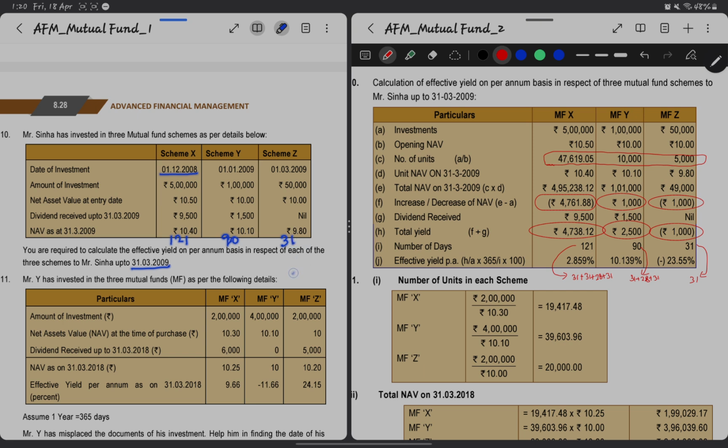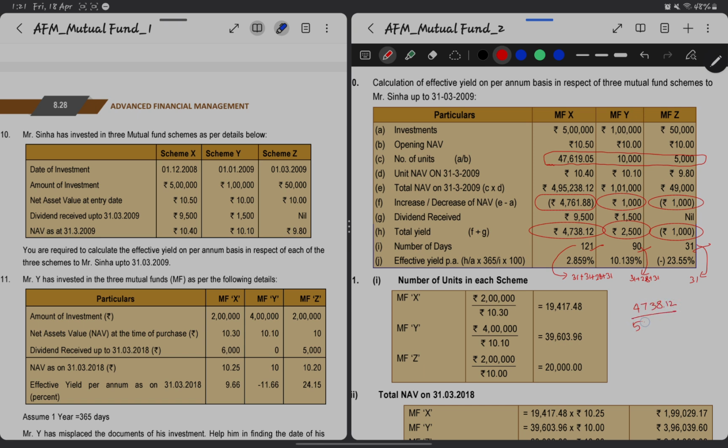So as we can see here, the period of investment changes. So the yield which we found out is for these respective days: 121, 90 and 31. Hence, if we divide the yield by the total investment, let's say in the first case,